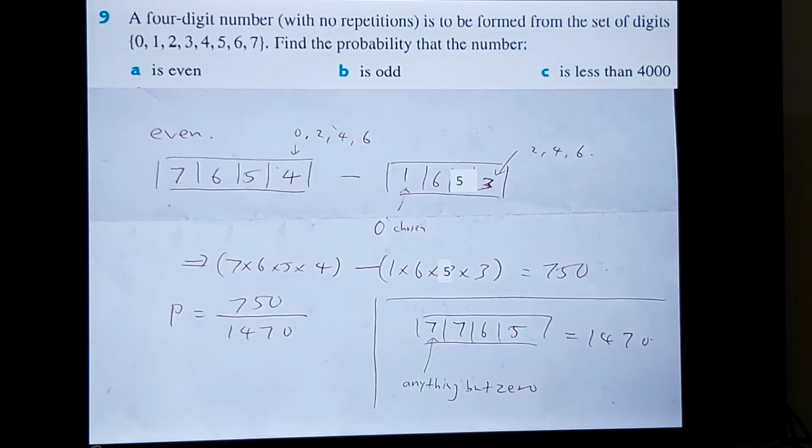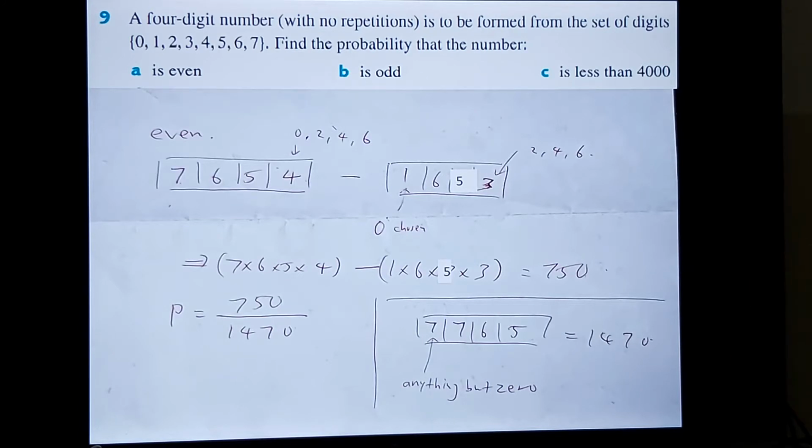Question number 9 of 10D. A 4-digit number with no repetitions, meaning once a number is chosen, it can't be used again, is to be formed from a set of digits. So you're given 8 numbers in total, 0 to 7. Find the probability that the number is even